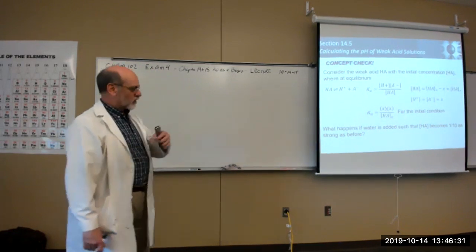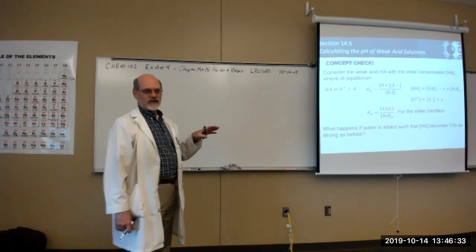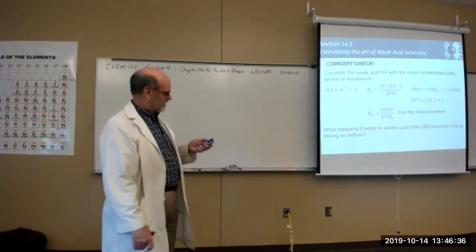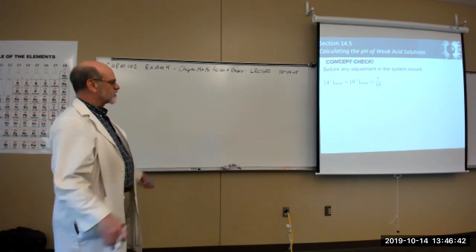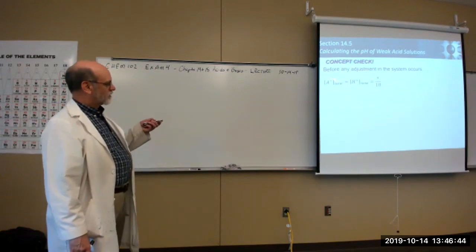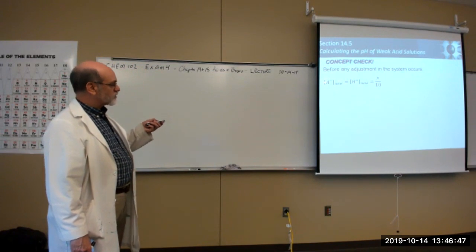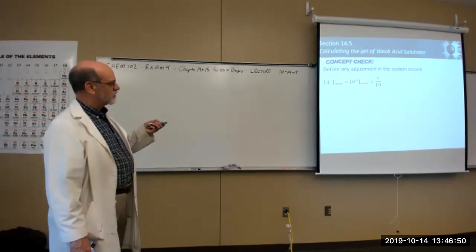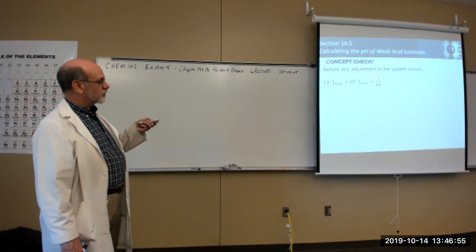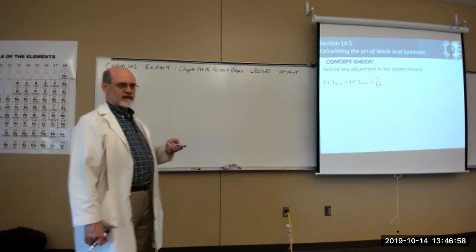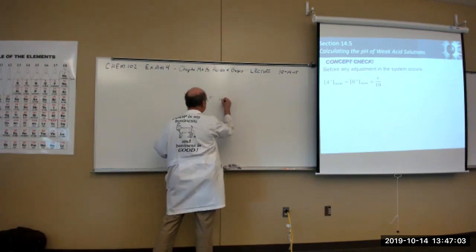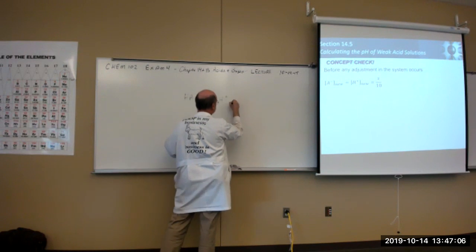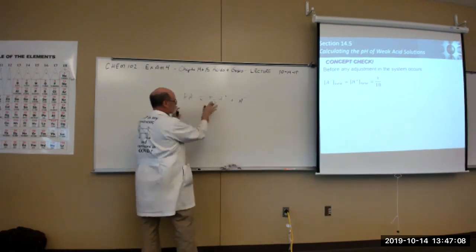Right? So we're creeping up on percent dissociation proof. So here's what it looks like. Before any adjustment happens, the concentration of A minus is equal to the concentration of H plus, and that's equal to X divided by 10, right? Because we've got this here producing that one, actually both ways, there. So we have a concentration of these established,